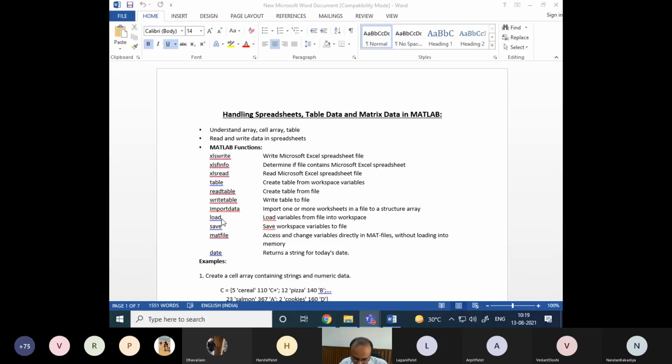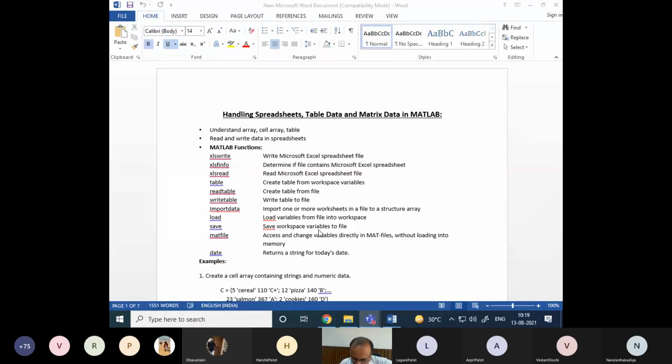Then two other functions are load and save. Load loads variables from a file into the workspace, and save saves workspace variables to a file. Using the save function, the workspace variables, which are the MATLAB variables, scalar, vector or matrix variables, can be saved into a special file called a .mat file.